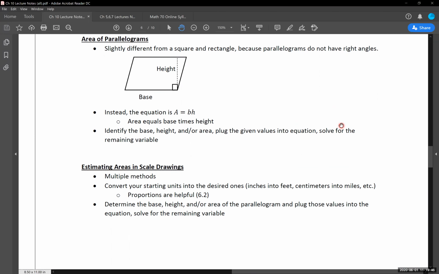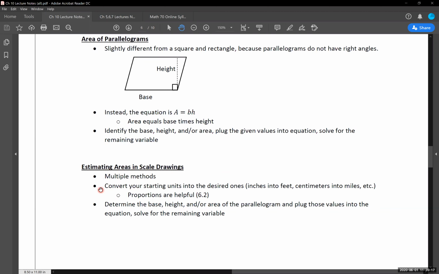Now, the next part we have here is estimating areas by scale drawings. Essentially what this is going to be asking for, there are a lot of methods that you can go through to make this happen. Unfortunately, too many for me to tell you guys. Here's the one best one that you can do because, again, there are so many unique scenarios that it's almost on a case-by-case basis which method you would like to use. But there are a couple commonalities that do show up with these that I'm going to touch base on.